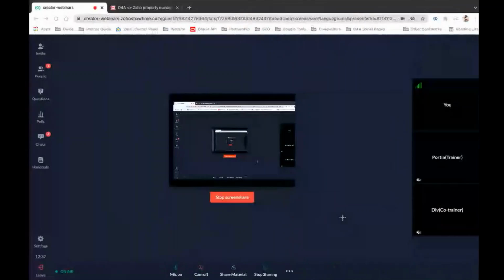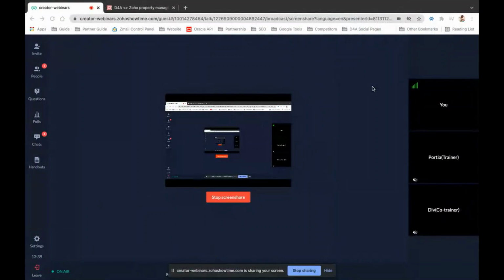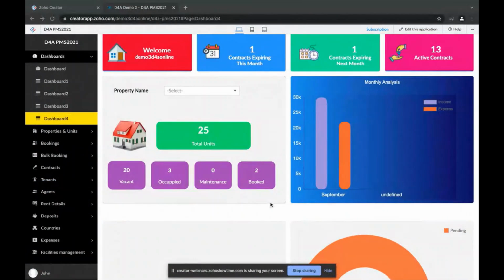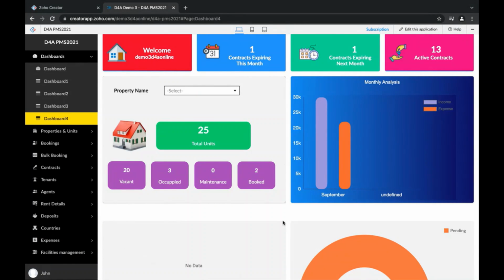So before moving on to the details, let me first go to the application dashboard. What you see here right now is the dashboard of the property management application that we have developed. As most of you might know, we are using a low-code application built on Zoho Creator. We have completely customized this application, meaning whatever you see right now can be turned into a different color, a different look and feel, or a different theme, which is easily possible with the help of Zoho Creator.